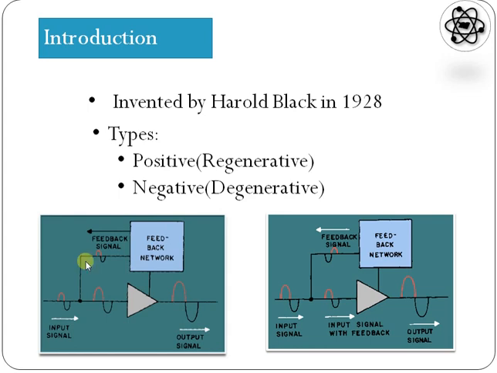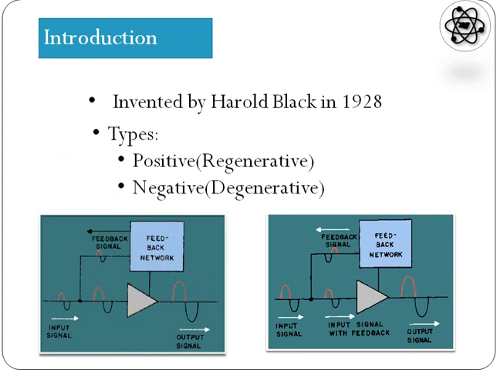The positive feedback occurs when the feedback signal is in phase with the input signal, and it is shown in the first figure. The feedback signal, as you can see, is in phase with the input signal. This means that the feedback signal will add to or regenerate the input signal. The result will be a larger amplitude of the output signal than would occur without the feedback. And this type of feedback is the one which is used in public address systems.